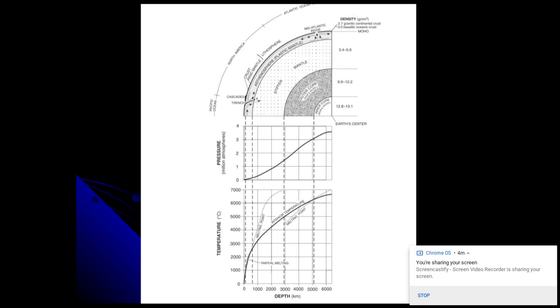You could say, all right, the stiffer mantle starts at about 700, all the way to 2,900. Okay, the outer core starts about 2,900 and goes all the way to 5,100 kilometers deep. But if you subtract those two,